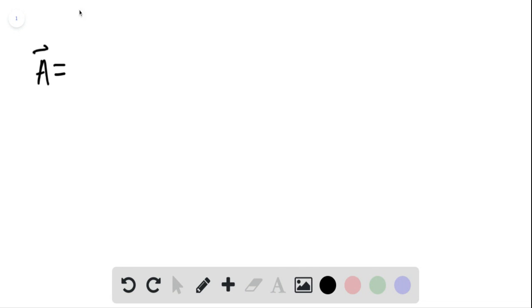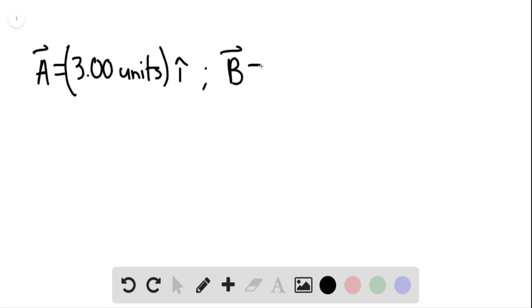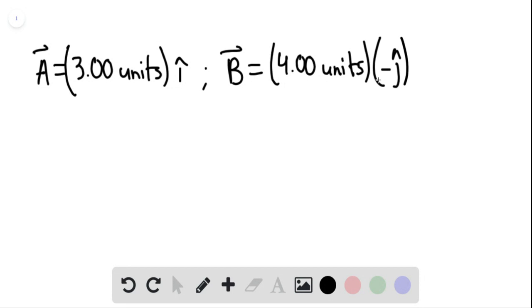which is essentially equaling units in the positive x direction, so 3.00 units. And we can say i hat. And then for vector B, we have 4 units along the negative y. So it'd be 4.00 units along the negative, we can say negative j hat. So at this point, we can say that our vector for part A, vector A plus vector B, is simply